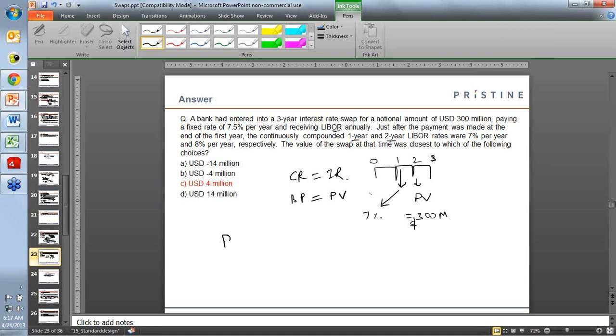So PV of inflows would be the 7% of 300 million